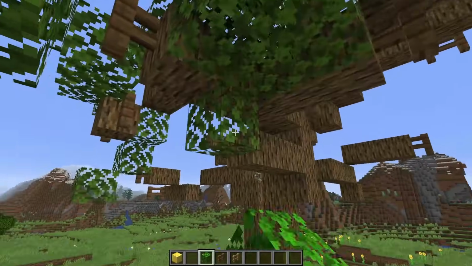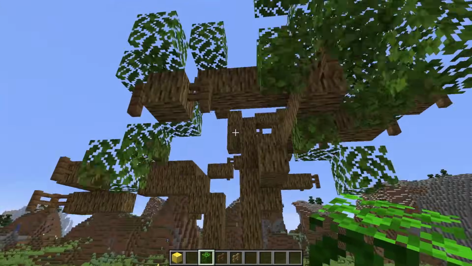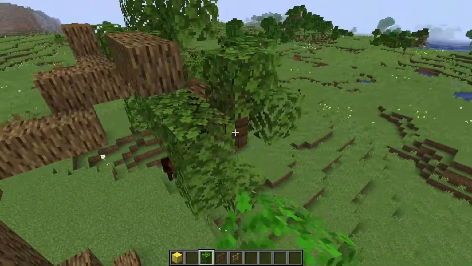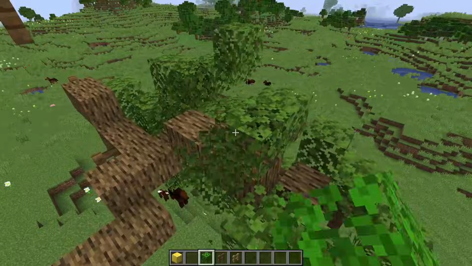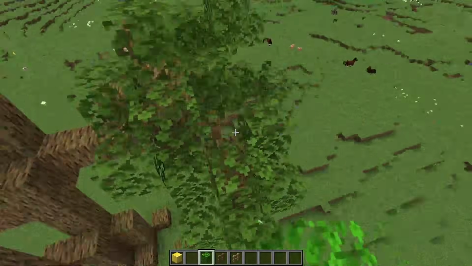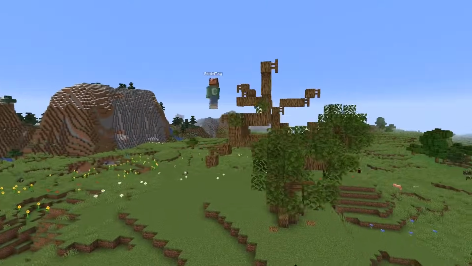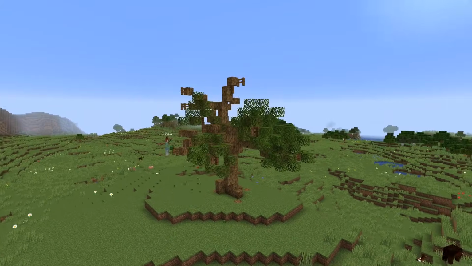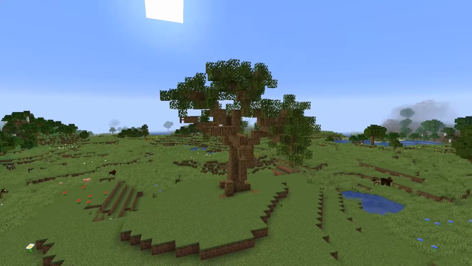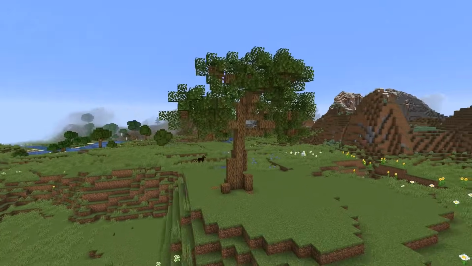You want it to look like some birds could fly through here. Nice and spacious. You want to still be able to see those branches as you're wandering underneath the tree. You want the sun rays to be able to come through. Just generally doing a lot of this, basically. Placing, breaking, figuring out how to make things look as bushy as humanly possible. Yeah, that's kind of the idea. Now we just have to do that to all of the branches, and this is the part that I am going to time-lapse, because you really don't have to place these leaves exactly as I'm placing them. Just make sure you have lots of air blocks, and you'll be totally fine.